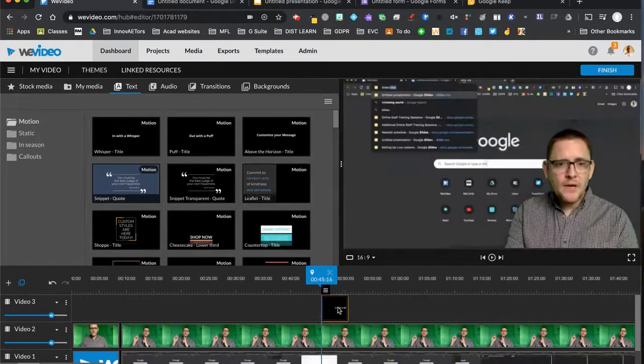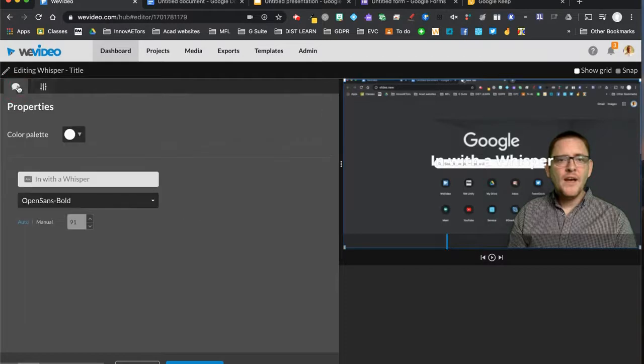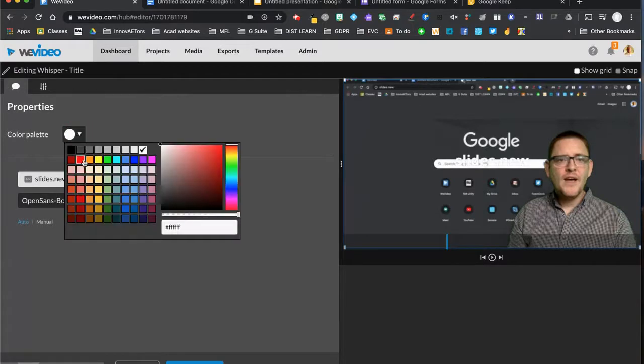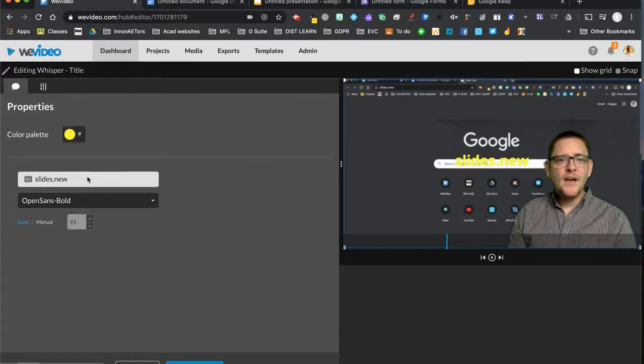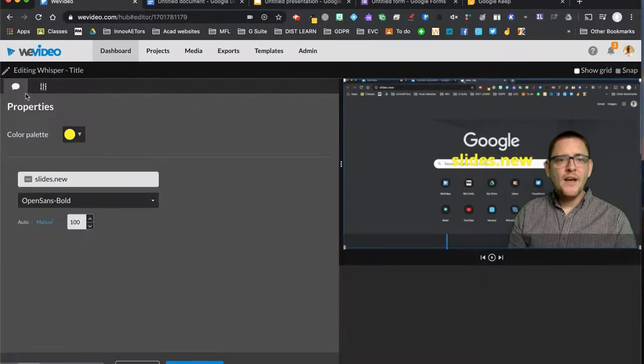I'm going to put it here. I'm going to double click on it. I'm going to go to the speech bubble, and I'm going to put here the URL that I suggested, Slides.new. I'm going to have it show up in yellow. I can change the size if I want manually, make it larger, and it's going to appear on the screen, Slides.new. But I don't want it there, so I can reposition it